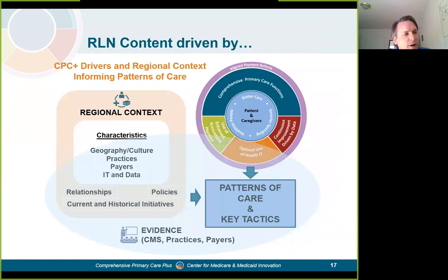level. Further, we try to incorporate all the evidence that we have on hand, either from CMS through claims data or other data sources, as well as what the practices are telling us in assessments that we are doing with them on a regular basis, as well as what the local payer partners are telling us. And so all of this really comes together to drive the topics that we select for the learning sessions,